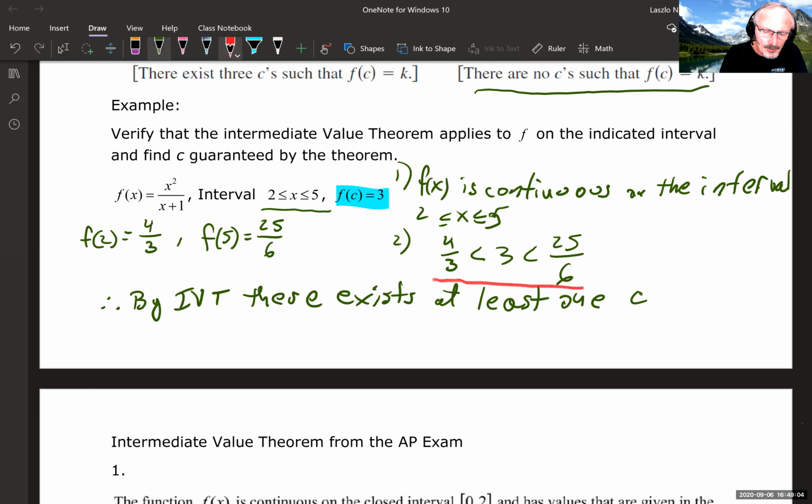If you're absolutely wishing to record that this is f of 5, you certainly can, and that this is f of 2, by all means. You don't need to. And then we need to invoke the name of the intermediate value theorem. So by intermediate value theorem, there exists at least one C, but now we must identify on the interval